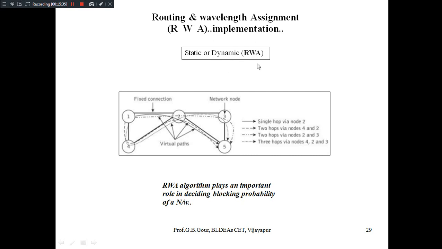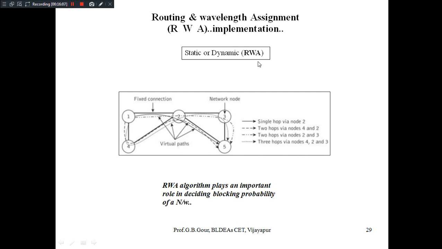In static RWA, the links which are going to connect between particular nodes in the network are semi-permanently active for a longer duration, and moreover, the dynamically changing pattern of traffic is already known in case of static RWA, and links are semi-permanently open for a longer duration.